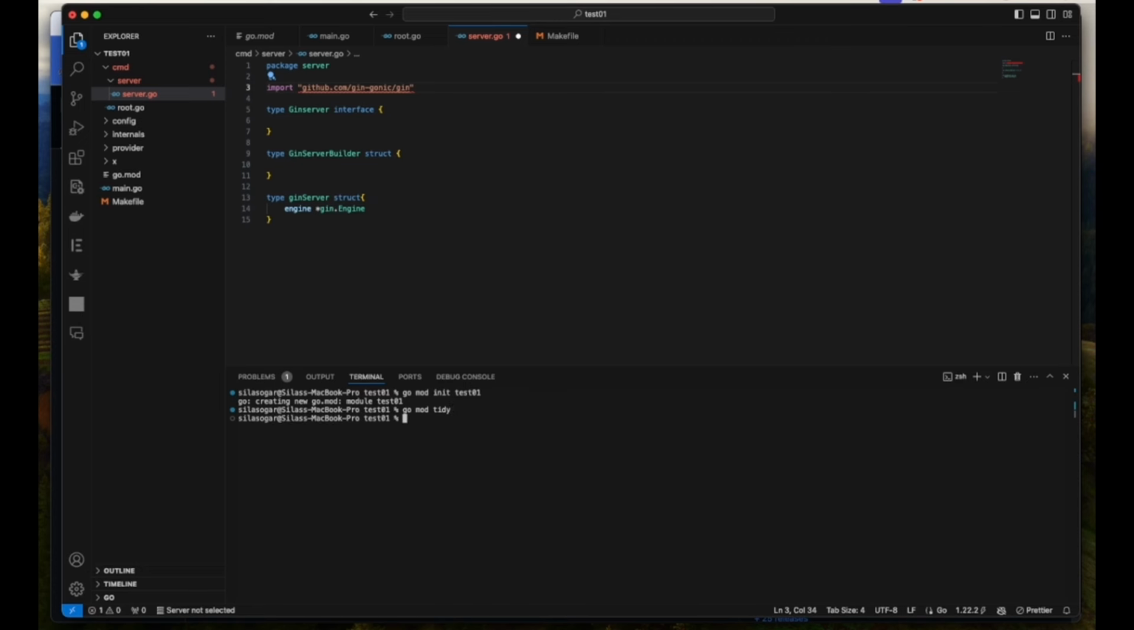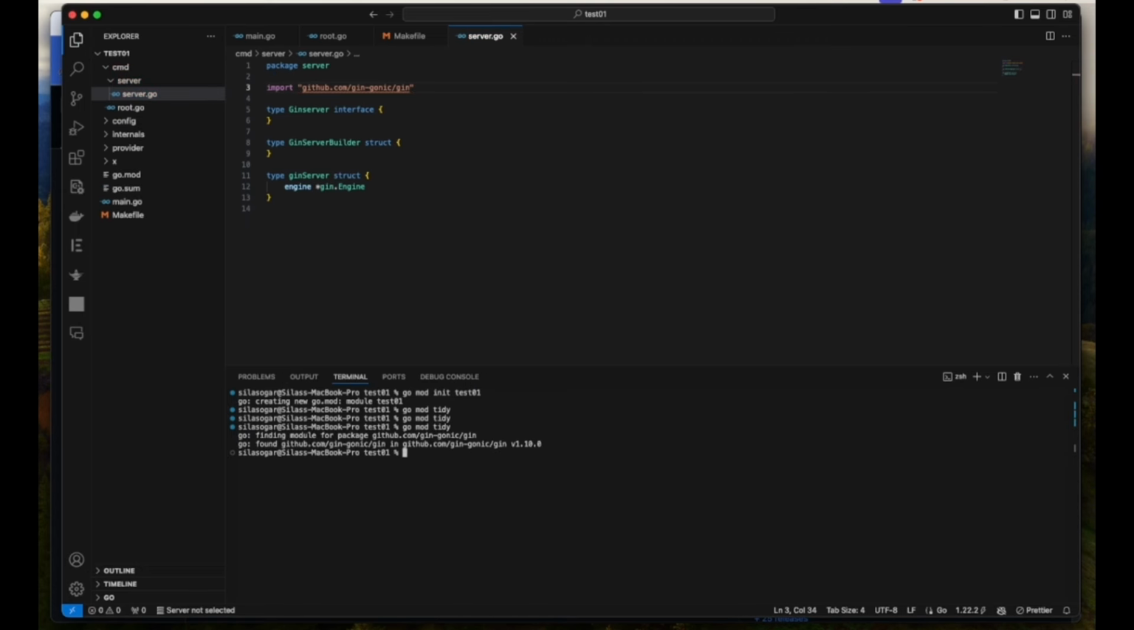So go mod tidy would basically... yeah, finally it's now installing. All right, sometimes this is how your VS Code gets to misbehave, so okay. Having done this, the next thing we're going to do is, now that we've established the